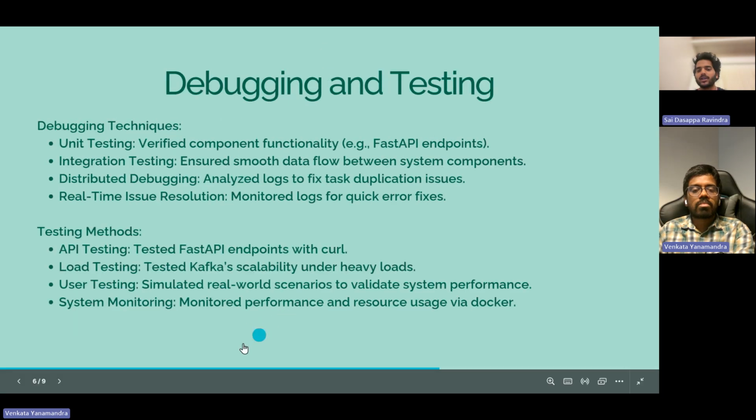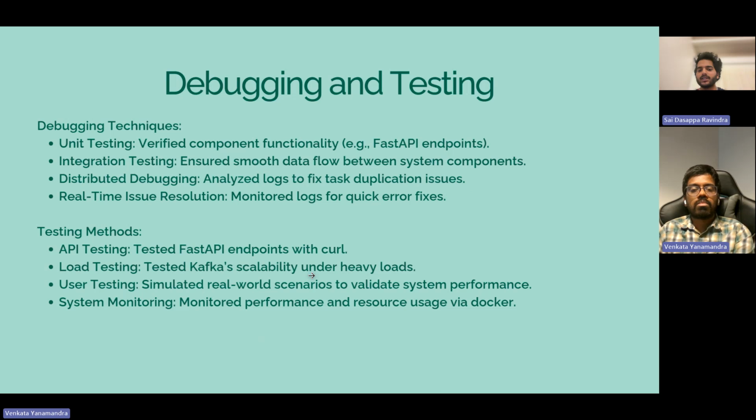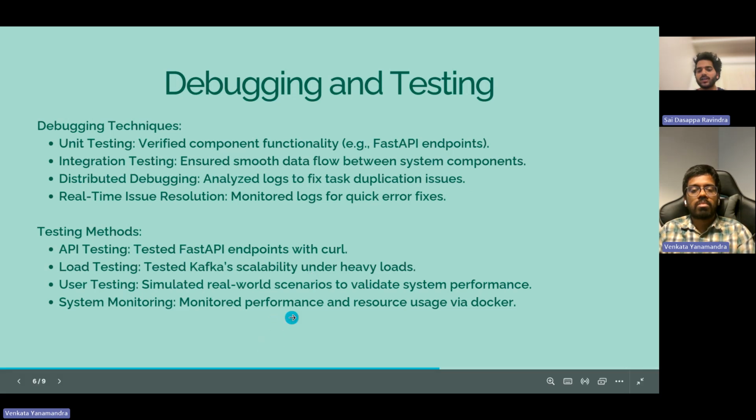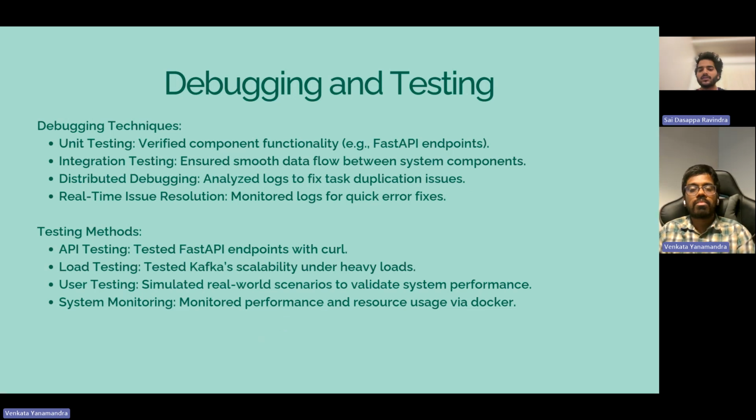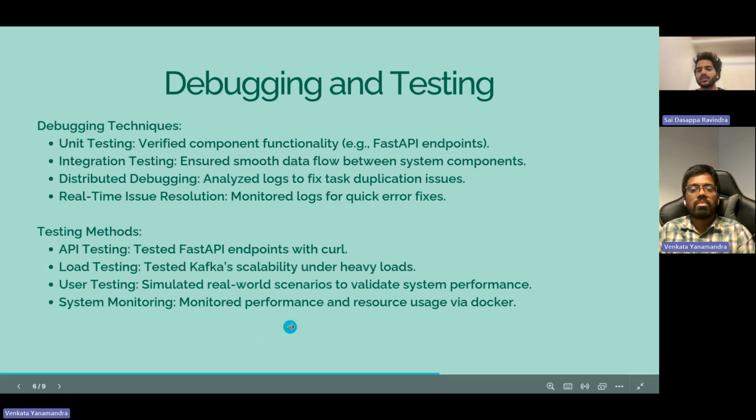Now let us look at the debugging and testing methods we used here. As part of debugging techniques, we did unit testing to verify component functionality, integration testing to ensure smooth data flow between components, distributed debugging to analyze logs to fix task duplication issues, and real-time issue resolution to monitor logs for